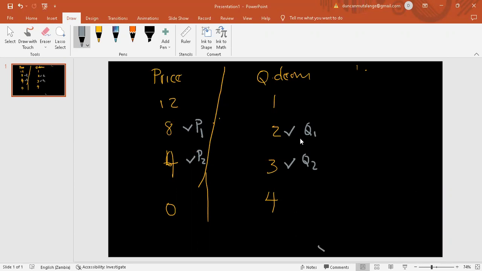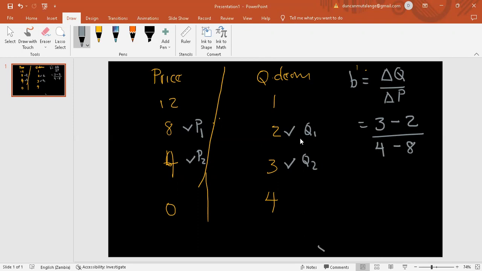So let us find our B then. We know that our B is equal to, in terms of our formula, the change in Q over change in P. So what's the change in Q? Q2 is 3, so we're going to say 3 minus 2, divided by the price. Price 2 is 4 minus